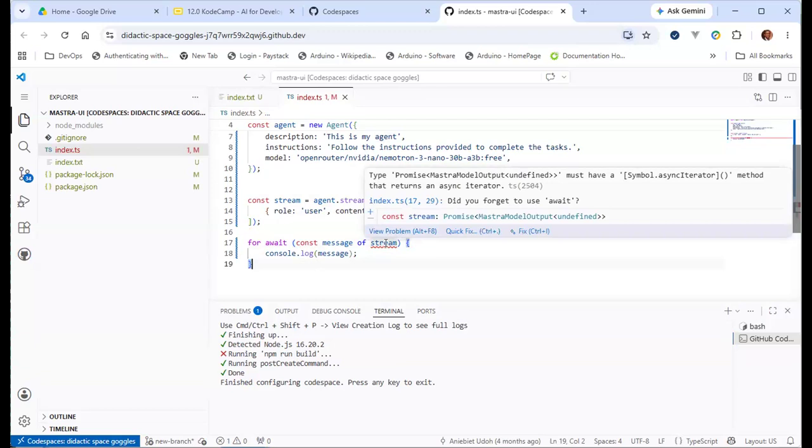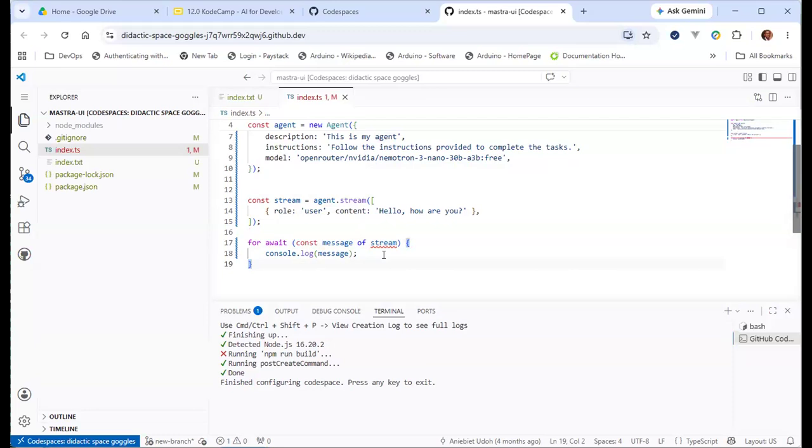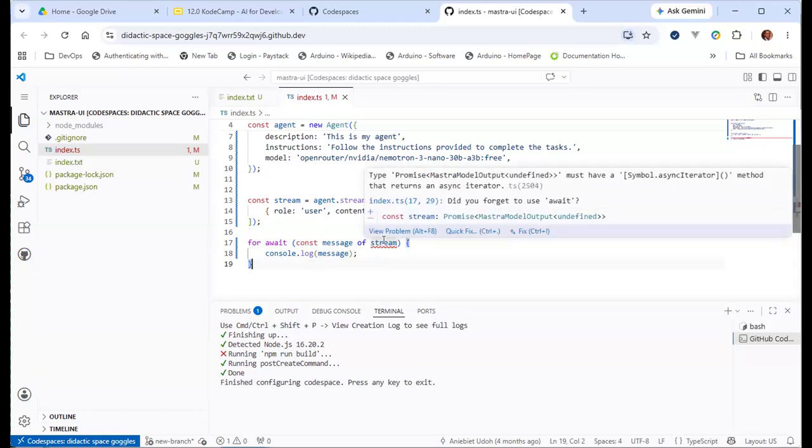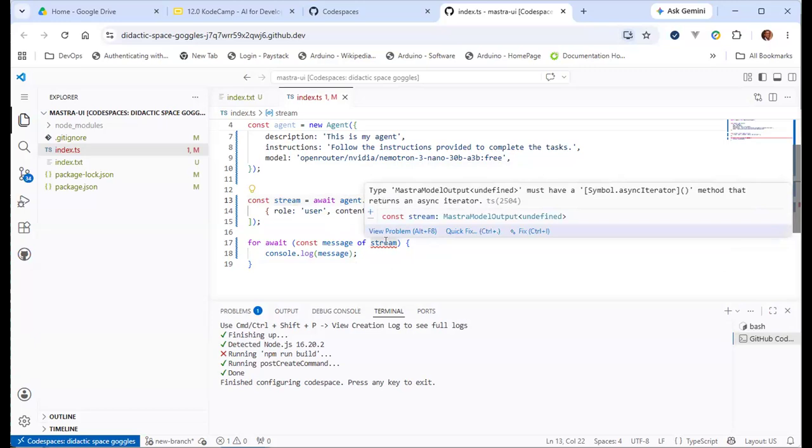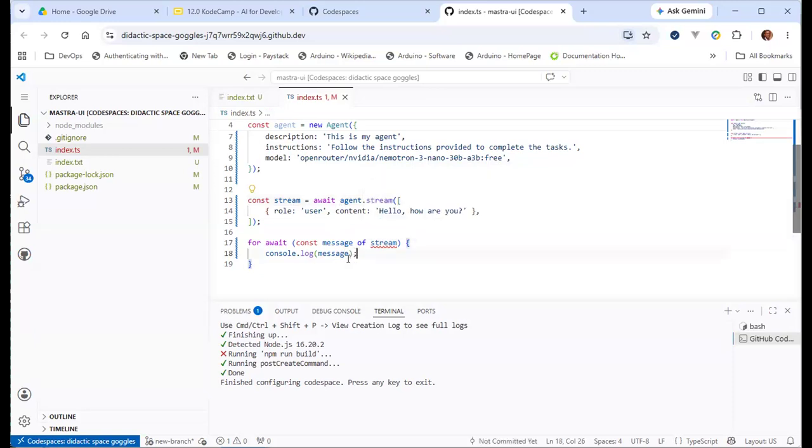Oh yeah, I forgot it. So this should be an await. Okay, so you await, and then here we can log the output.